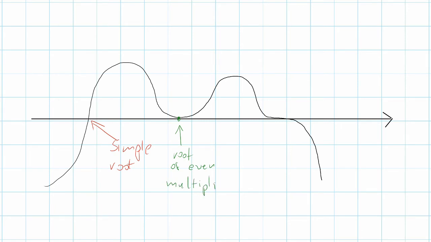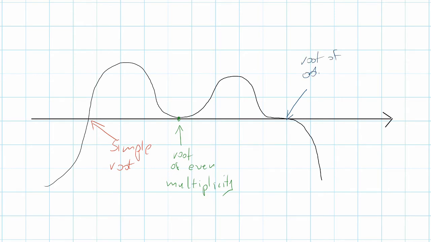It didn't change the sign here. This kind of root is very hard to detect. So the simple roots are very easy to detect, but the roots of even multiplicity are the hardest to detect. And finally, here, somewhere here, a root of odd